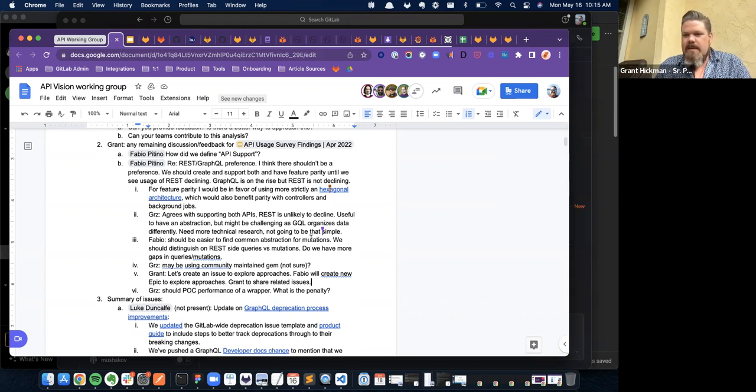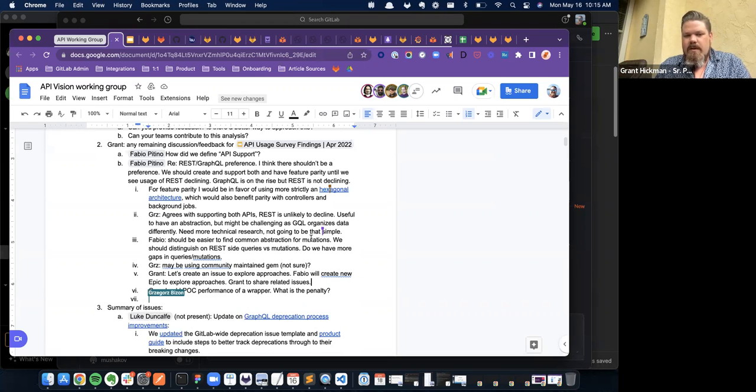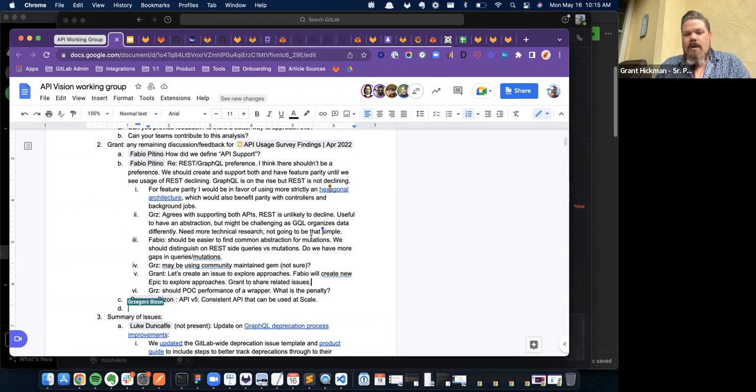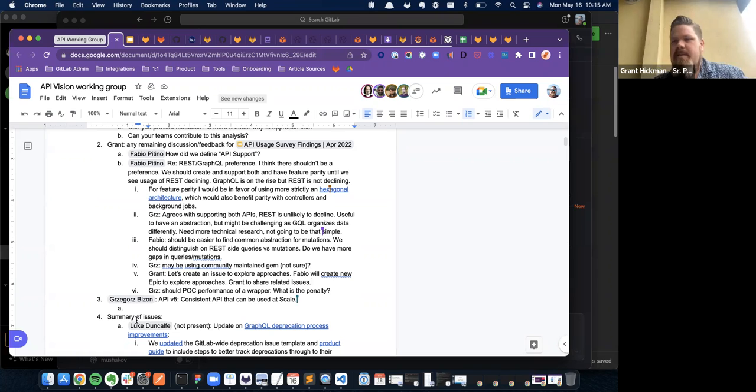So I think we have consensus with our group and the feedback that we're seeing that we need to support both, and it's now a question of how. So the API vision is now about how do we support both REST and GraphQL. Do we have any feedback on that?